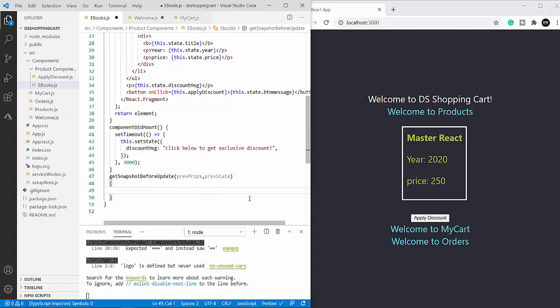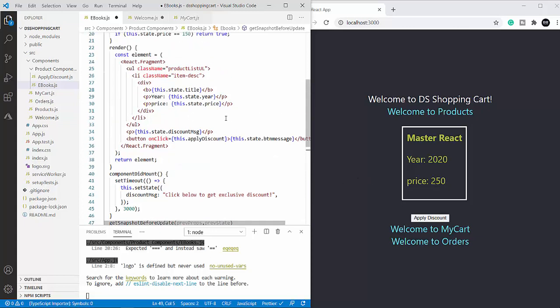Okay, and here what I'm going to do is display the previous state, which is my price. So after applying the discount, my price has changed. So I'm going to show my customer how much he has saved by applying the discount. So below this price, I'm going to add another P over here. I'm going to add an ID over here.